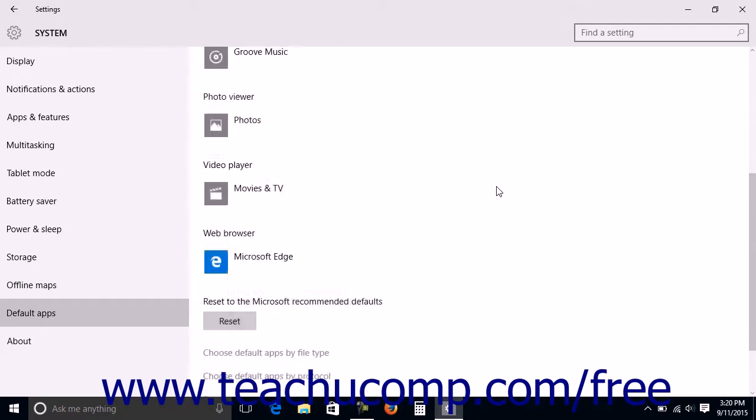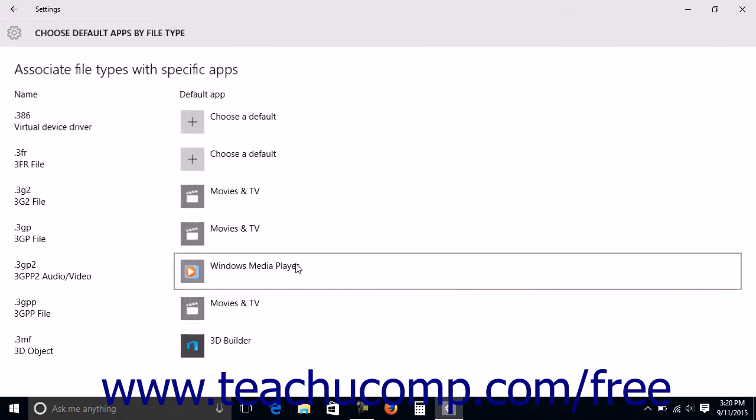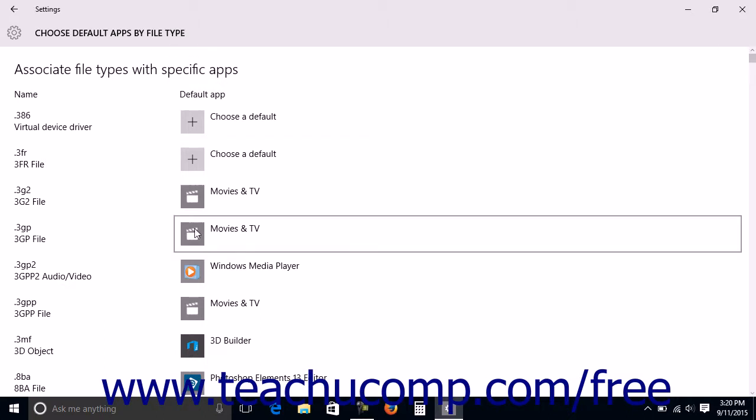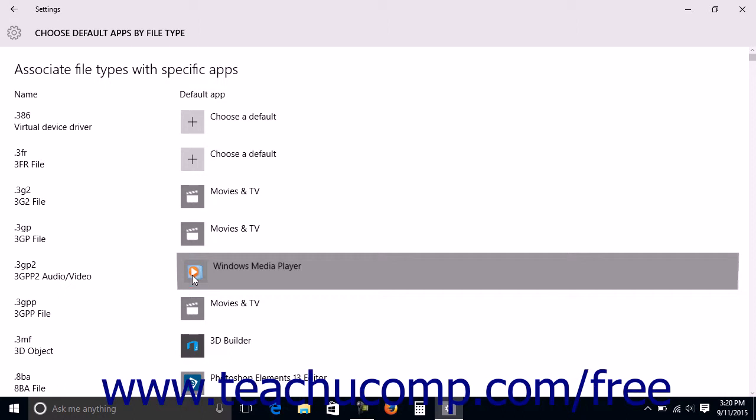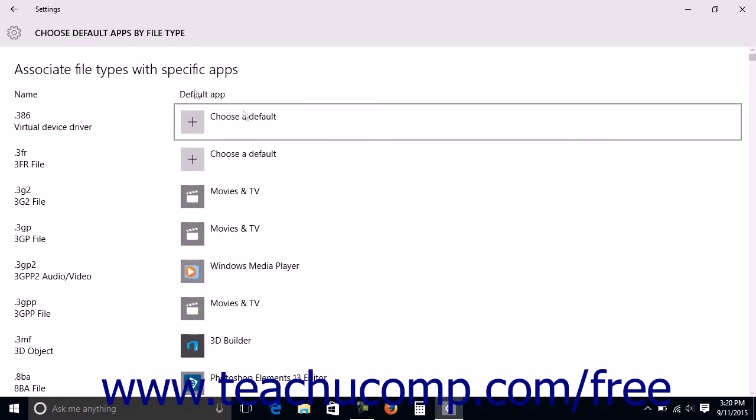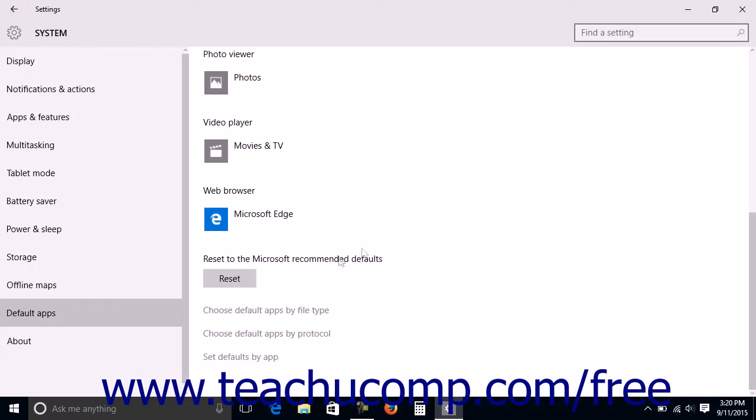Advanced users may want to select which app to use by default by associating a default app with a file extension or protocol. To associate an app by file extension, click the Choose Default Apps by File Type command. Then scroll through the listing of file types shown and click the button under the Default App column for the desired file type to set a default app to open that type of file. When you are finished, click the Back button in the upper left corner to return to the Default Apps Settings